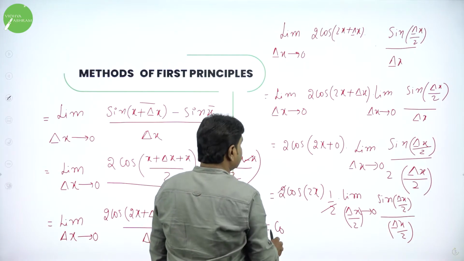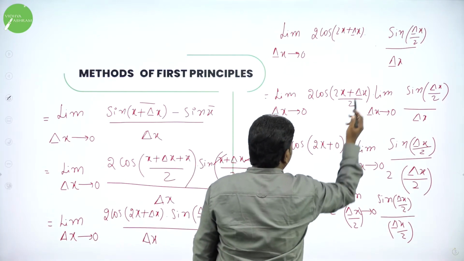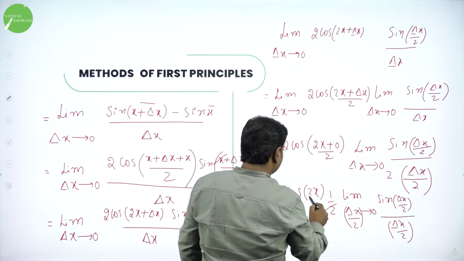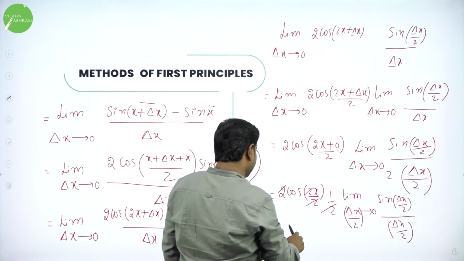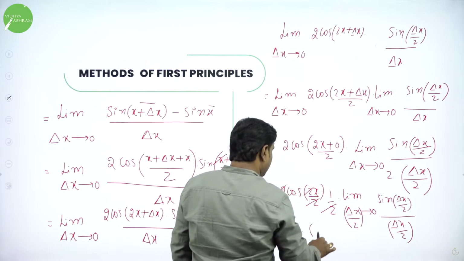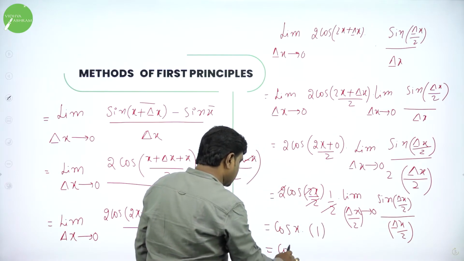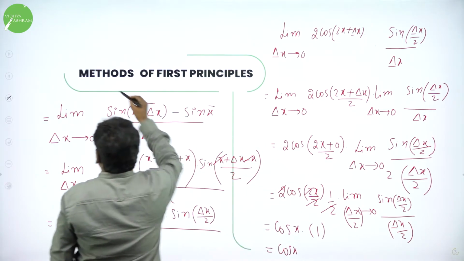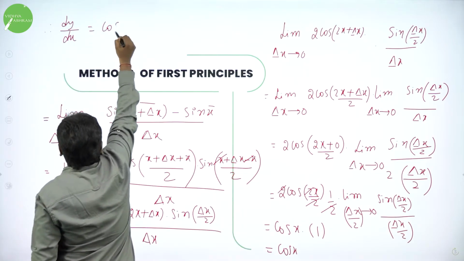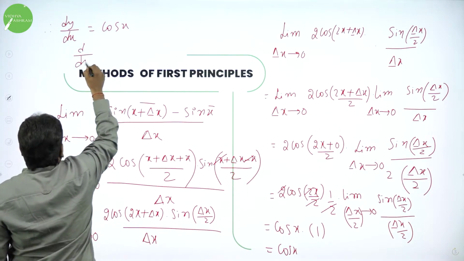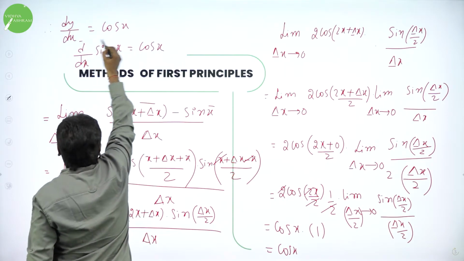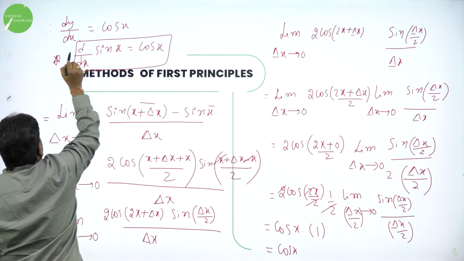So, now this 2 and the 2 cancel. So, we have cos of (2x by 2), here by 2. Here x plus x is 2x plus delta x, by 2. So, the 2s cancel, we will have cos x into limit theta tends to 0 of sin theta by theta, which is what? 1. So, it will become cos x into 1, which is cos x. Now we got the form. Therefore, finally we got dy by dx. What is dy by dx? We got cos x. Or I can say d by dx of sin x is cos x. What is the differentiation of sin x with respect to x? It gives you cos x. This is the formula we derived.